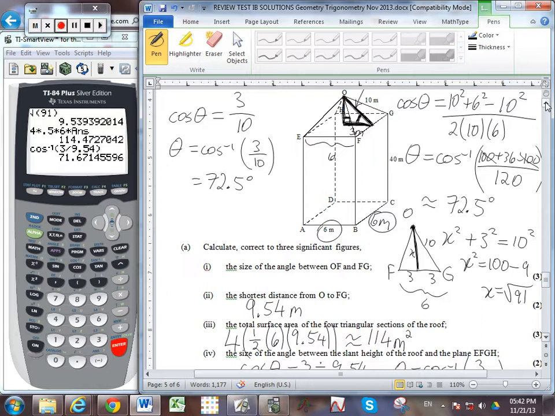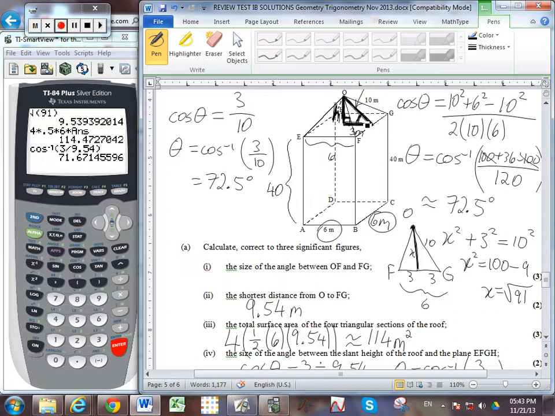And the height of the tower from the base all the way up to O. So I think they're looking for the entire height. We're looking for this 40 plus whatever this height is. So let's call this height right here h. Let's start by finding h. I can use some SOHCAHTOA again, or I could use Pythagoras because I now know what the other two sides are. I'm going to use SOHCAHTOA, and so I notice that the